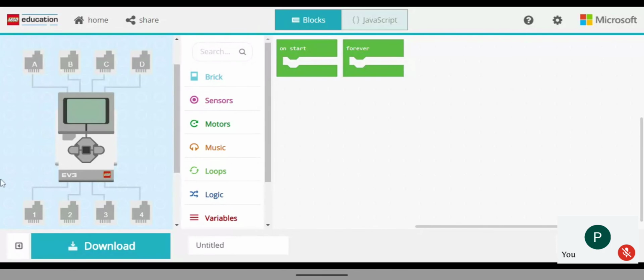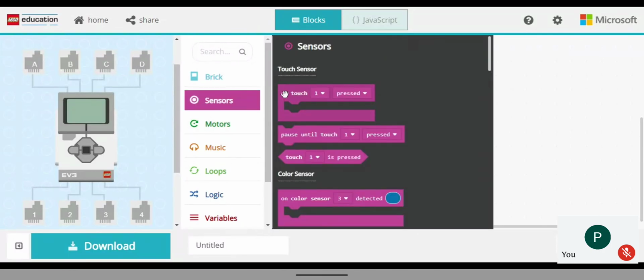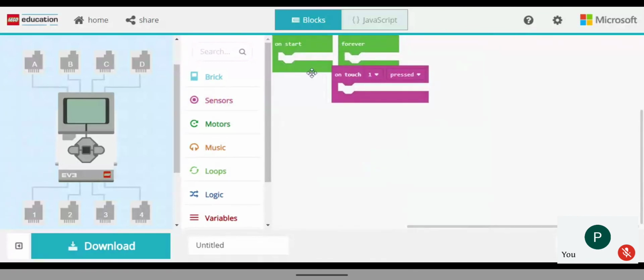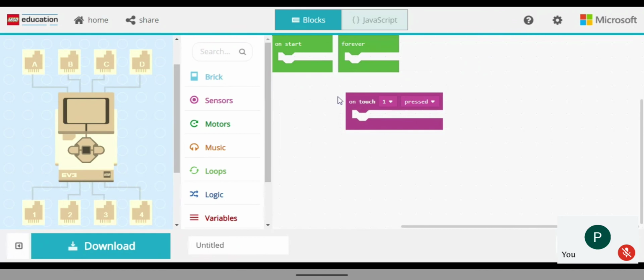Just take these bricks like sensors, touch, and attach. Then only you will be getting the options. Yes, sir, and that too, we can do simple programs like when that sensor is pressed, another motor is rotating, or if there is a color sensor, it's detecting some colors. That's it. We can't make something like a car.